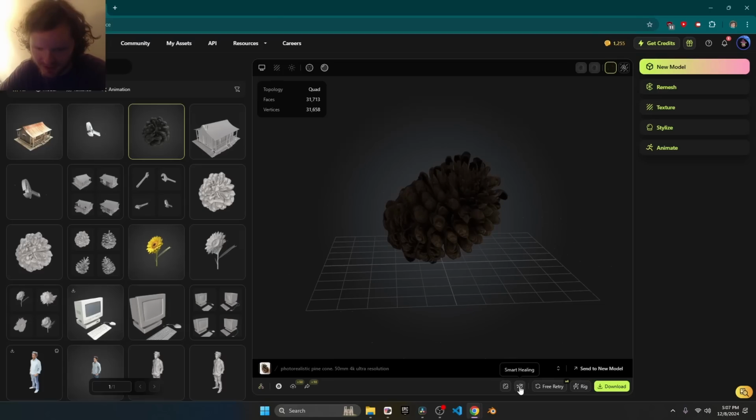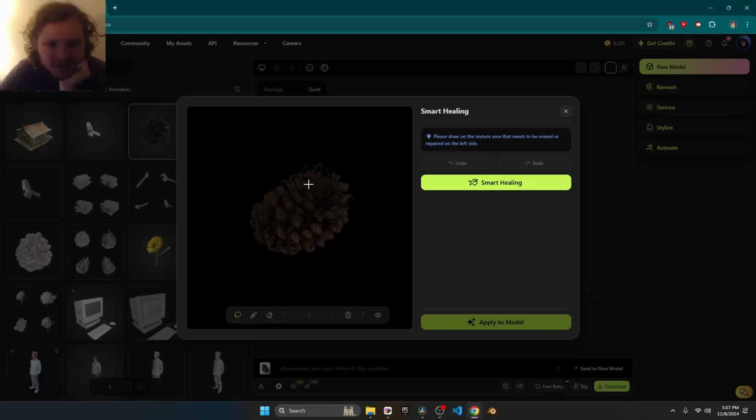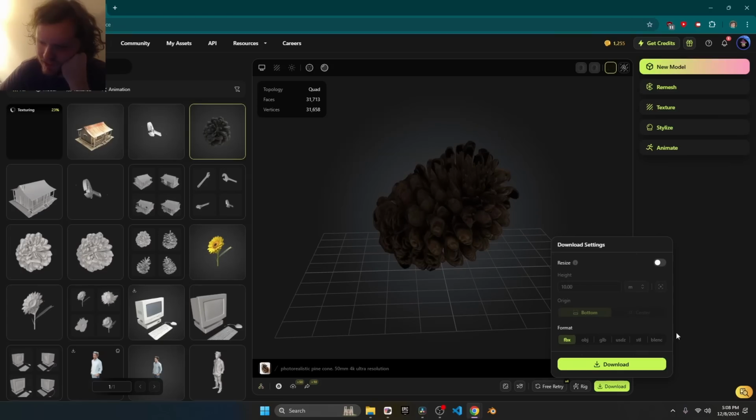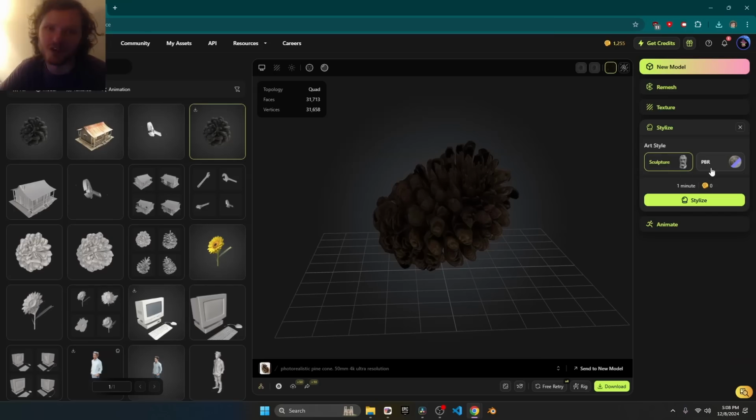Oh, it turns out there are healing brushes and stuff. Let's actually try that. So I'm just going to select this area that has those black tips, which I imagine will just do image inpainting in a UV space. Smart healing. I said smart healing. Oh, it did try to do something. We do have some settings like what kind of file we want to export, including a blend file. So I'm going to do that since I am a Blender head. I do know you can do PBR, so we'll also take this and guess where there's ambient occlusion, normal maps, etc. Let's download the other two.